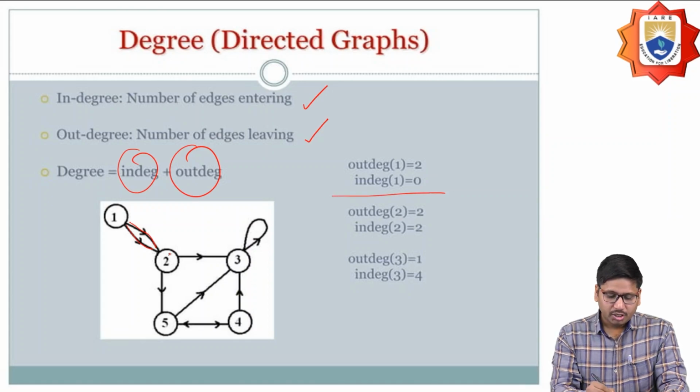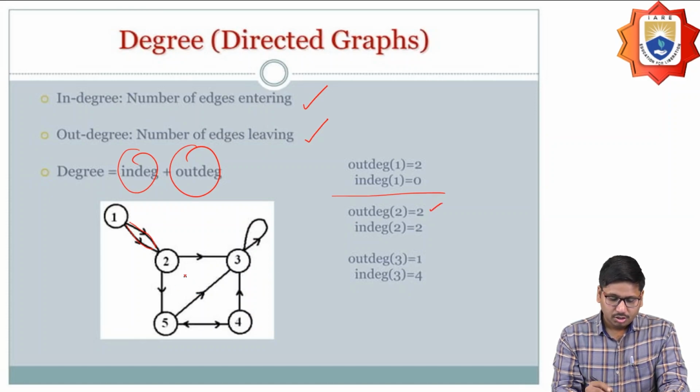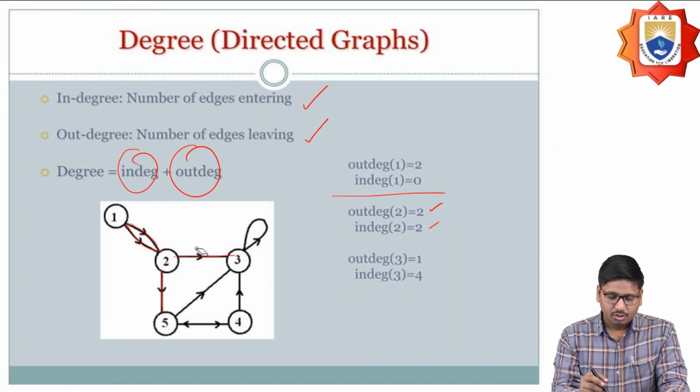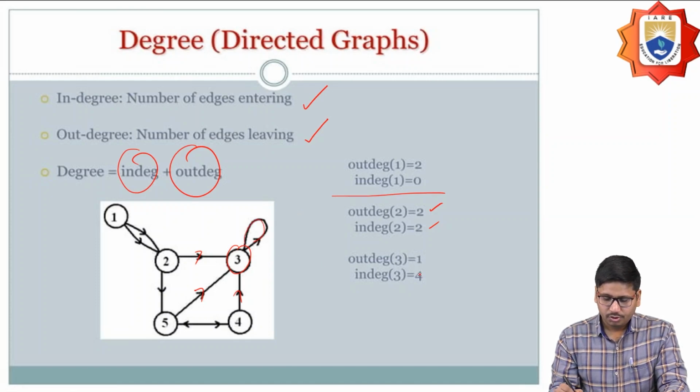And next one, suppose what is the in degree of 2 here? So the in degree of 2 is 2, because two edges are coming to the vertex 2, and the number of edges that are leaving is 2. So that's why it is 2. Next one, 3. The number of incoming edges is 1, 2, and then 3. So the in degree is 3. One more thing is that 4, and out degree is